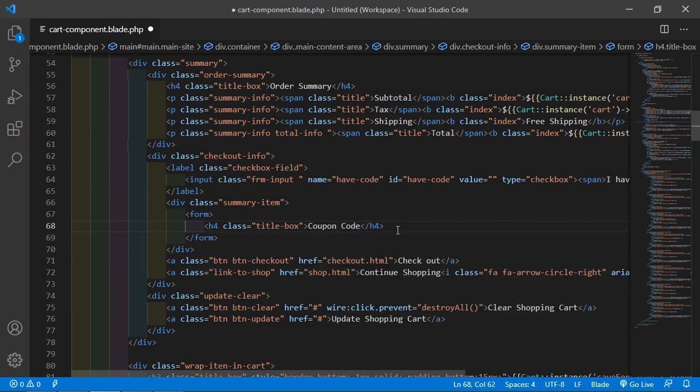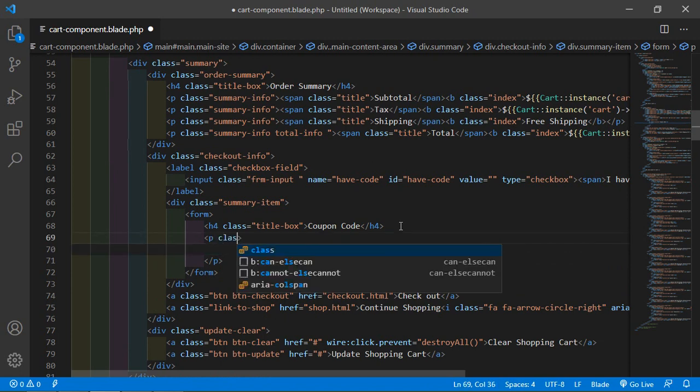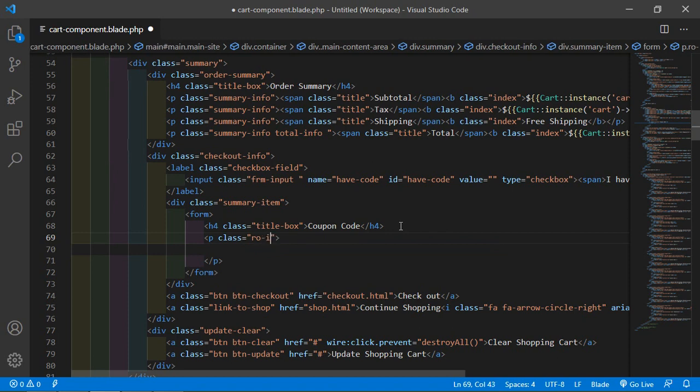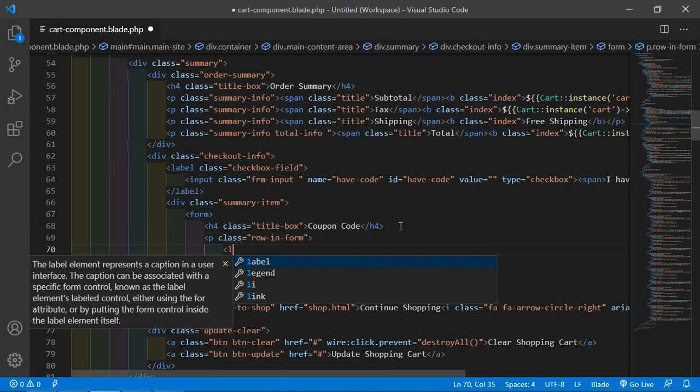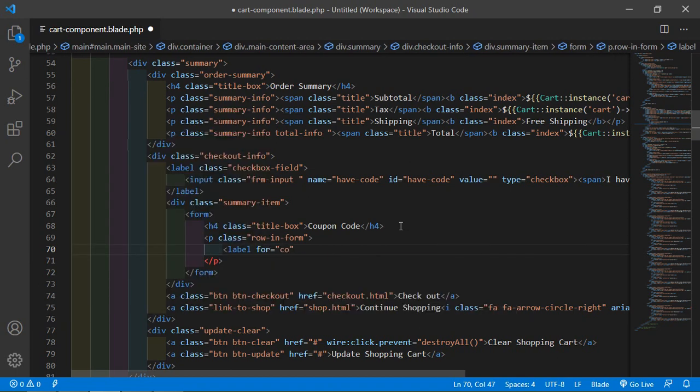After this h4 tag, add a p tag with class row-in-form, and inside this add a label for coupon-code with the text "Enter your coupon code."